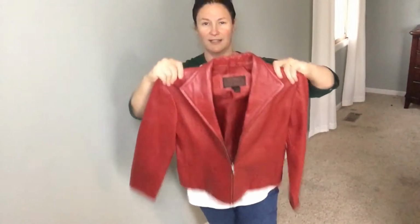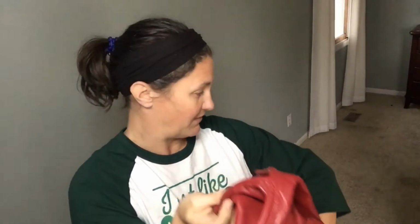So my profit was $9.41. The last thing I sold was this leather jacket that my stepmom sent me, but I don't think it was in that bag of stuff or the box of stuff that she sent last month. So I'm not really sure when she sent it to me,